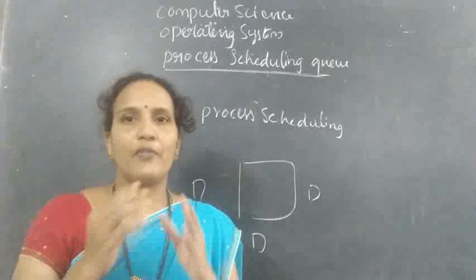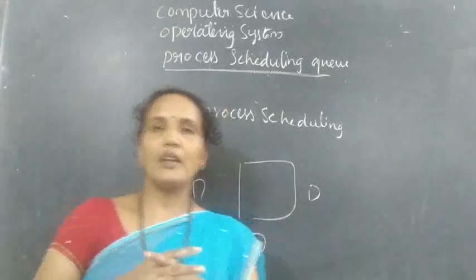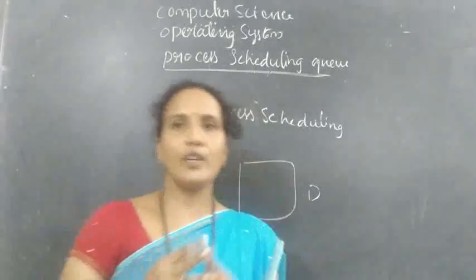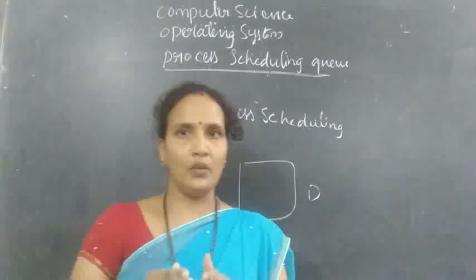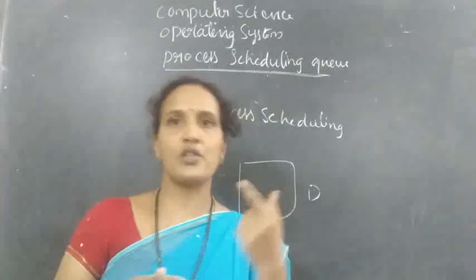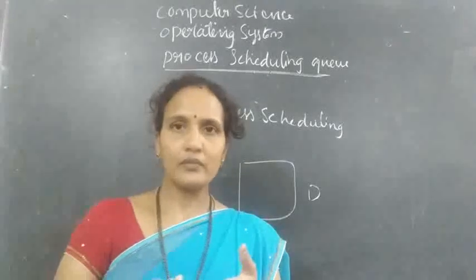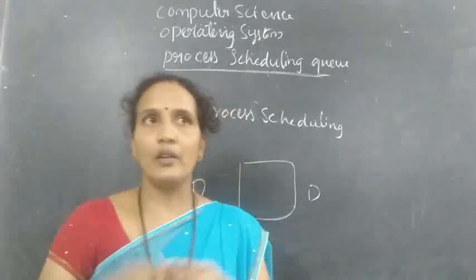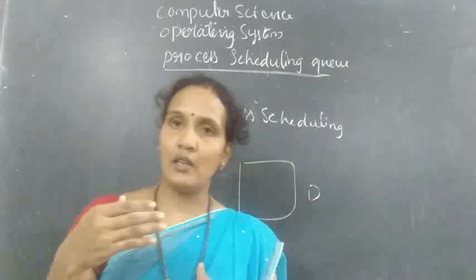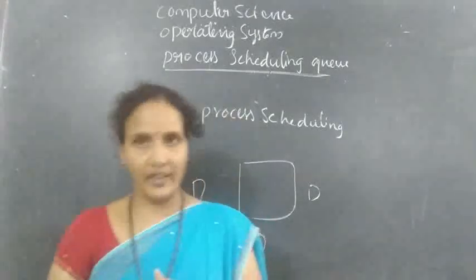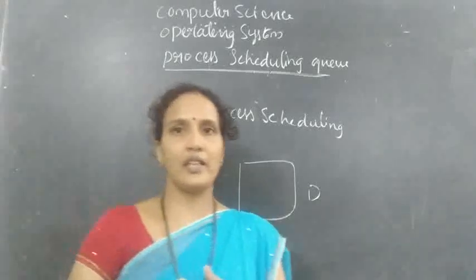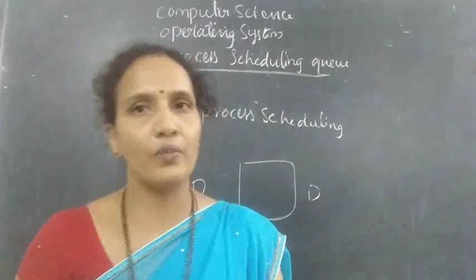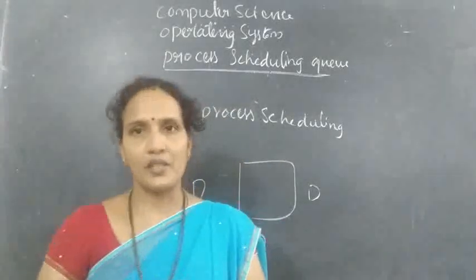Okay, so for example, right now we are working in an MS Word document. Next, you immediately shift from the MS Word document to your movie. So what happened? You are forcing one process to leave and another process to join, because you are giving more priority to the movie. Understood? It is nothing but deciding which process should be in execution and which process should be in ready state. You can decide that by using process scheduling. Which one should be first and which one should be next, that is nothing but process scheduling.